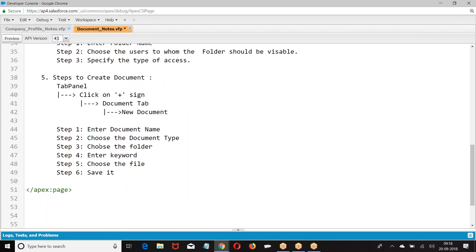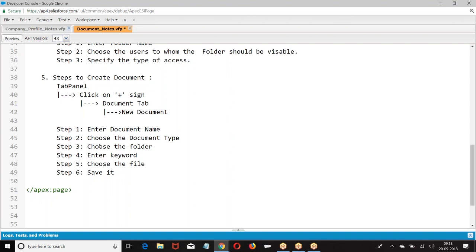So why are we going for this document creation? I want to create my own application. When I want to create my own application, I need a logo for it. That logo should be uploaded like a document.